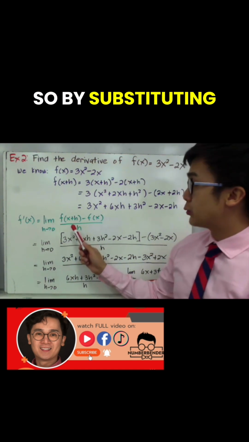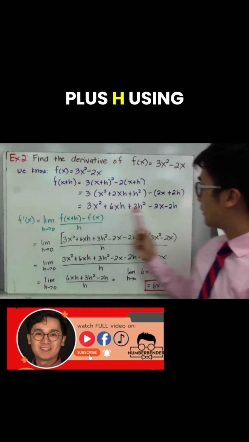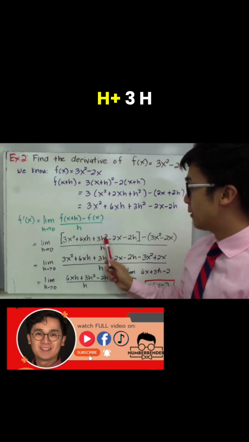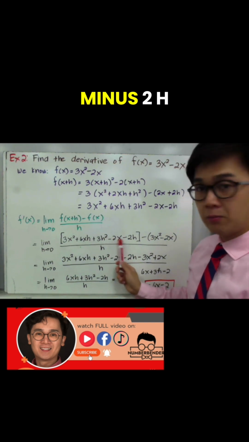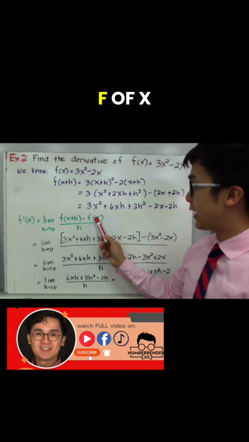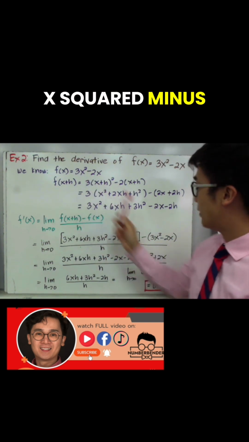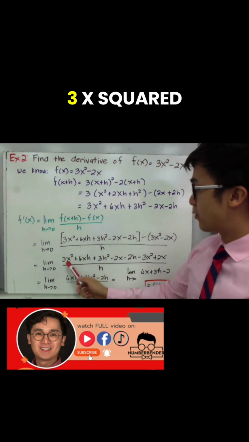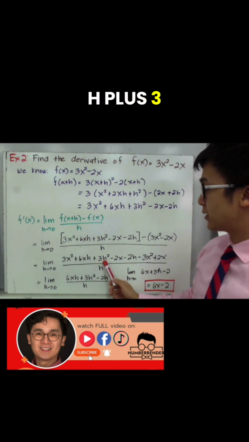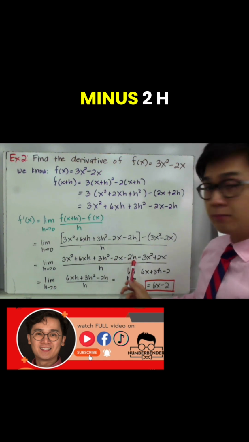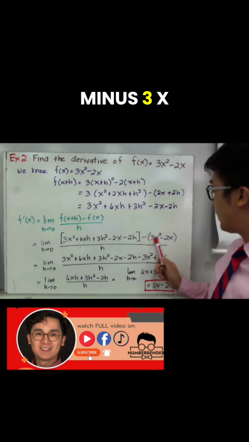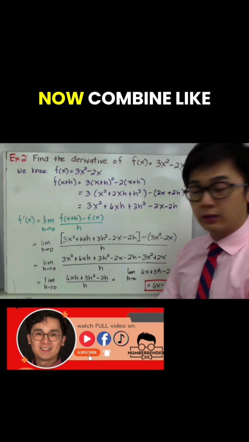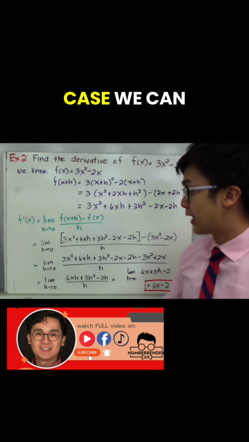So by substituting f of x plus h using this function, we now have 3x squared plus 6xh plus 3h squared minus 2x minus 2h minus the function f of x, which is 3x squared minus 2x. And by simplifying our numerator, we can have 3x squared plus 6xh plus 3h squared minus 2x minus 2h minus 3x squared plus 2x. And by doing so, we can now combine like terms, or in this case, we can eliminate